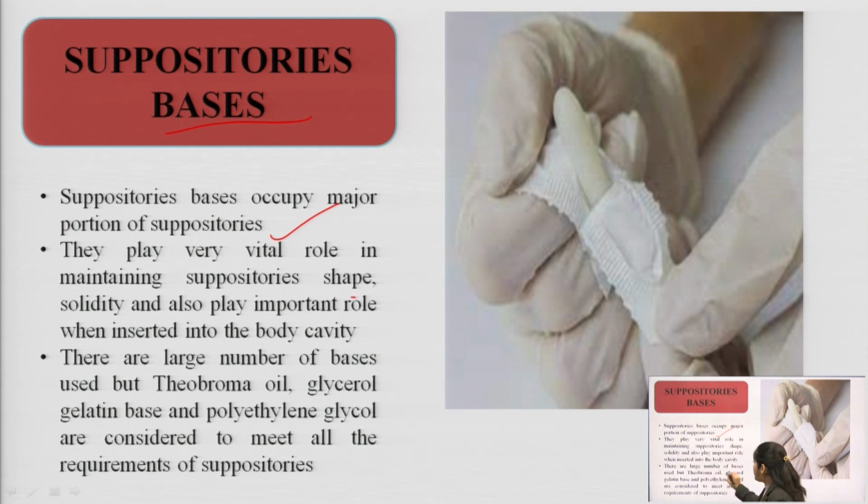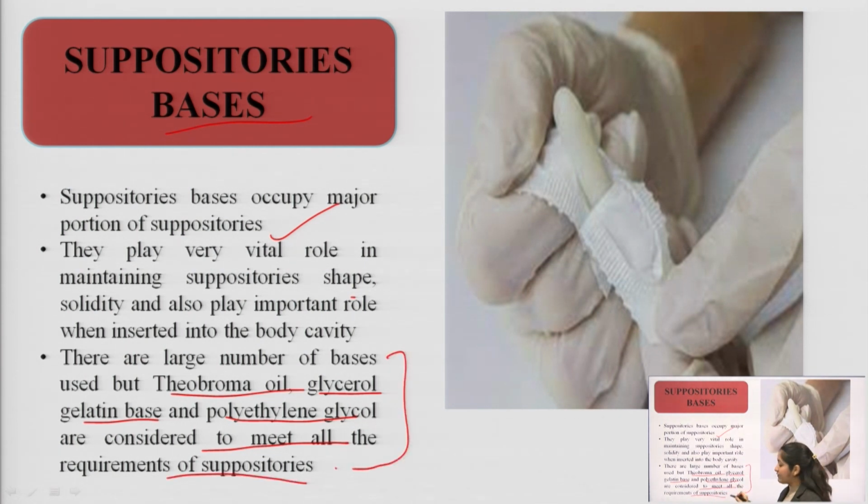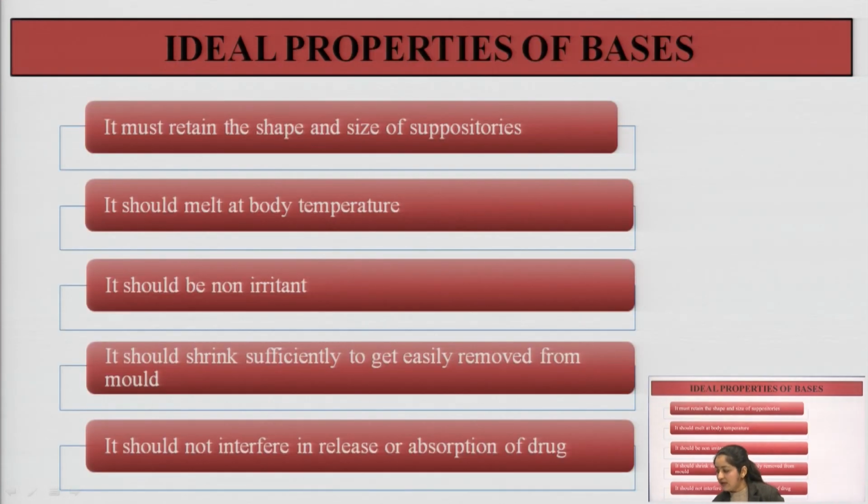There are a large number of bases, but theobroma oil, glycerol, gelatin base and PEG play a very important role in the requirement of suppositories. The names that we saw are the types of bases that are usually used while making suppository, which we are going to study in the next lecture. Then let us have a quick view on